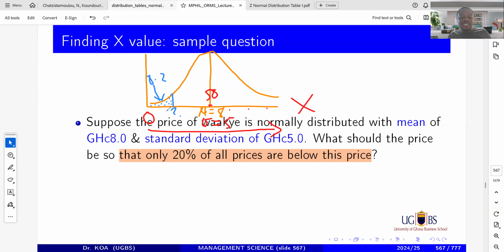So the English you listen to will help you to know where to place the X. So that's how it is. So 20% of all prices, all of the prices down here, are 20%, which are below the price I'm looking for. So what is the price I'm looking for? Well, the fact that I know that 20% of the prices are below this price is a good guess. If this shaded area is 20%, what is this B area? Who can tell me? If this area here is 20%, what is this B area?